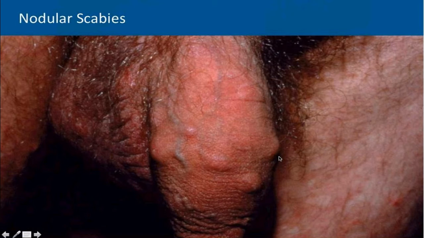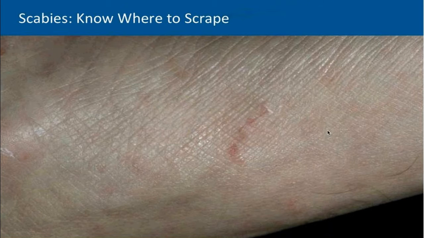So recall in your mind that picture of erythematous nodules on the penis I showed you during the quiz, and this presentation in a dermatologist's office is scabies until proven otherwise. So in an otherwise healthy patient with erythematous nodules in the groin or buttocks, that should be scabies until proven otherwise. It's a really important take-home message. And this is where you should scrape.